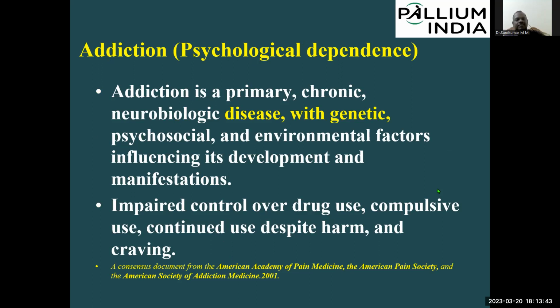This is what the definition, and they say it is a primary chronic neurobiologic disease. Okay, so American Pain Society define it as a disease with genetic predisposition. Okay, and your psychosocial and environmental factors are going to influence its development and manifestation. So that means, suppose one of you have a gene for addiction, and you are working in a theater, operation theater, where lots of opioids are available, and one of your friend is misusing this opioids, and she's telling you that,